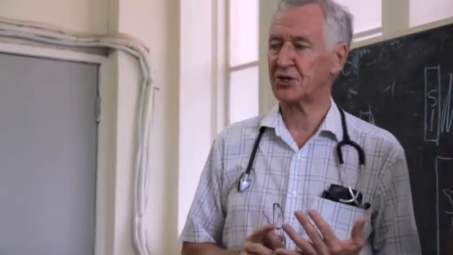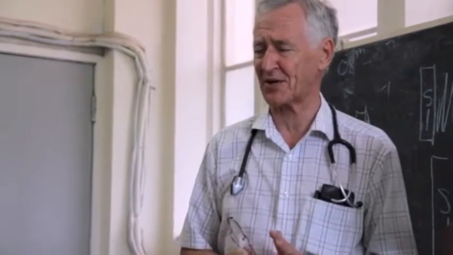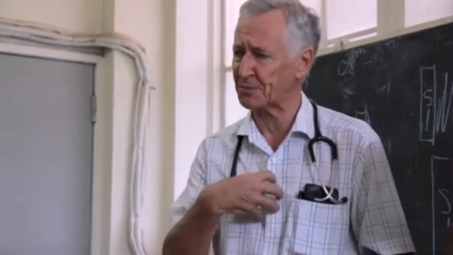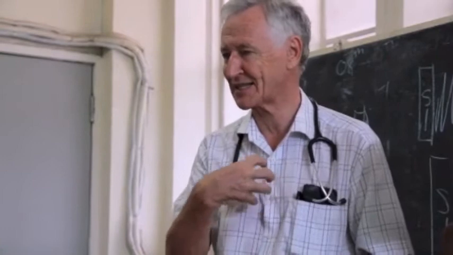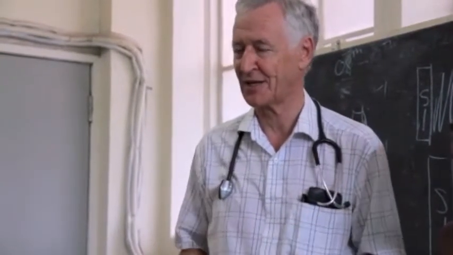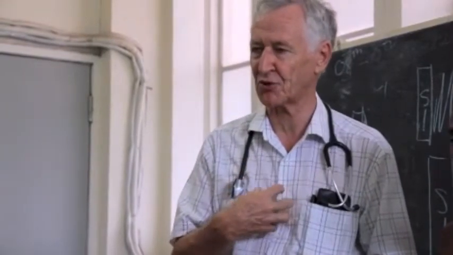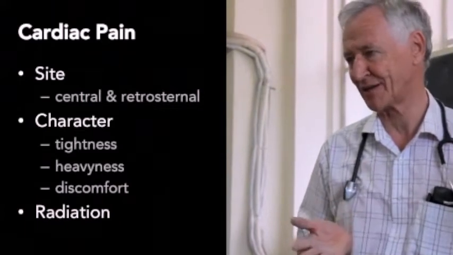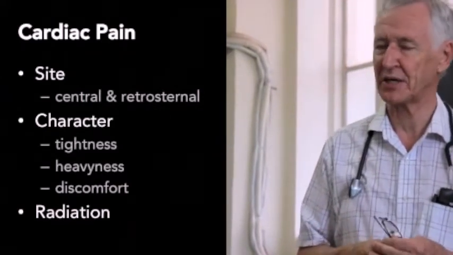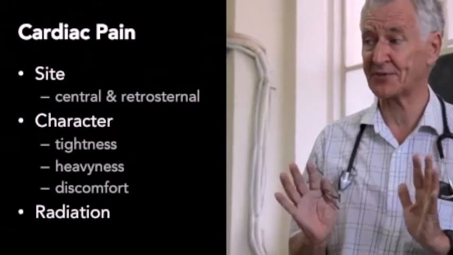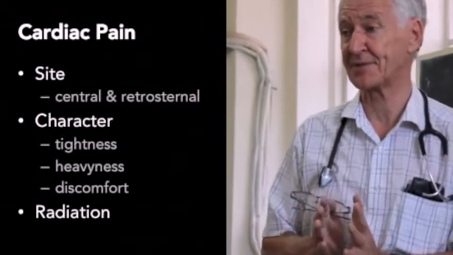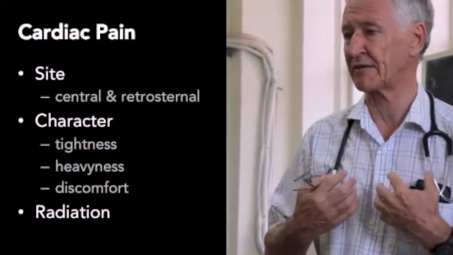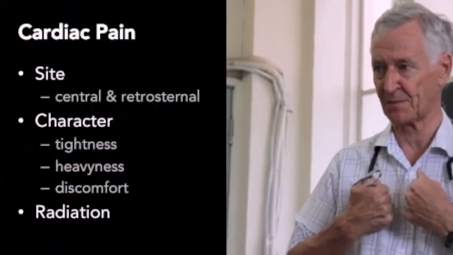Moving on to chest pain. Now, what is particular about cardiac pain? Well, number one is position. It's central. If you remember, in the respiratory system the pain is lateral. Now the origin of the pain is central, retrosternal usually, and it can be severe. And here we talk about the two main types of cardiac pain. Main types, there are other types. One is myocardial infarction, which is crushing retrosternal pressure,